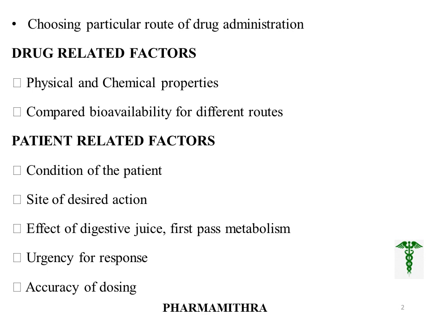Before choosing a particular route of drug administration, we want to consider two main factors: the drug related factor as well as the patient related factor. The drug related factors include the physical and chemical properties as well as the bioavailability of different routes. First, physical and chemical property. That is, the physical state of the drug should be considered, that is, whether the dosage form is available as tablet or syrup. And the chemical property, that is, if there is any chance of the drug reacting.